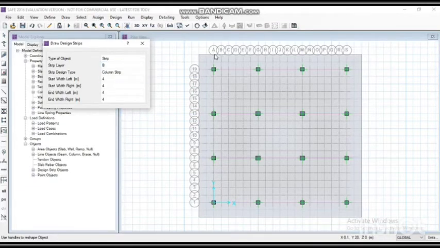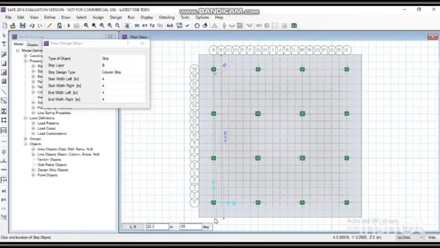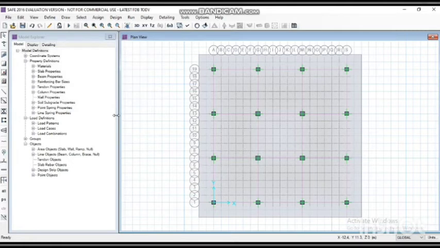Now strip layer to B and draw strip lines in Y direction. We have drawn all the strip lines in x and y direction.